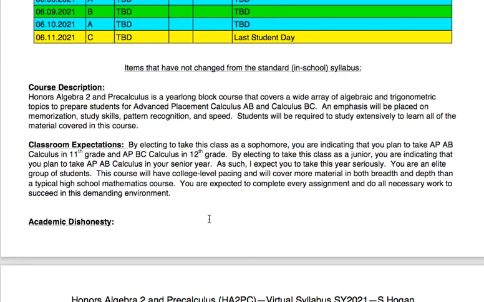All right, so if you're taking this as a freshman, which is a handful of you, that's the same idea, except the goal would be for you to take AB in sophomore year, BC as a junior, and then hopefully either AP Stats as a senior or College Calc 3, which is multivariate, the next step after, at either Temple or CCP or Penn or LaSalle or somewhere else in Philly. If you're taking this as a junior right now, then your goal is to take AP AB next year and hopefully get credit for the first half of that college calculus, which could be up to 4 credits.